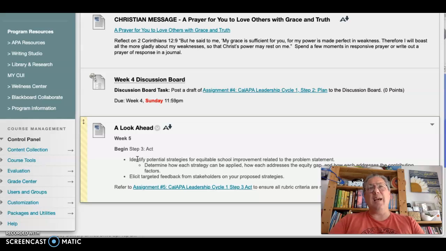The only thing I want to say about step 3 and that acting, as you're thinking of different problem strategies to really work towards that problem, have that dialogue with peers if you're around them to say, hey, what do you think if we were to try this or this, to really support that equity gap to close it and get their reflection. As well as what you're reading, if you're reading up on the topic as well.